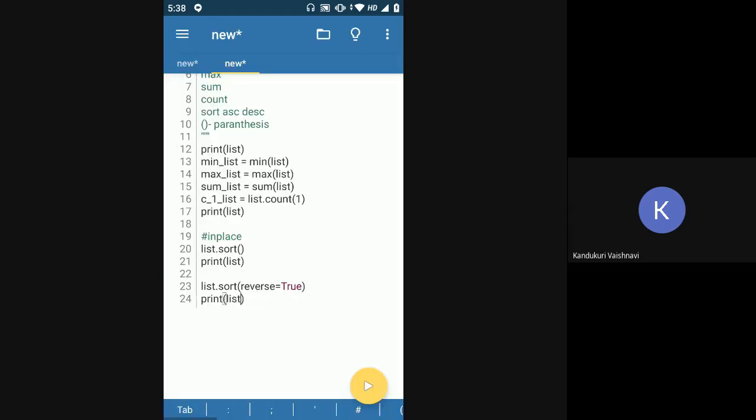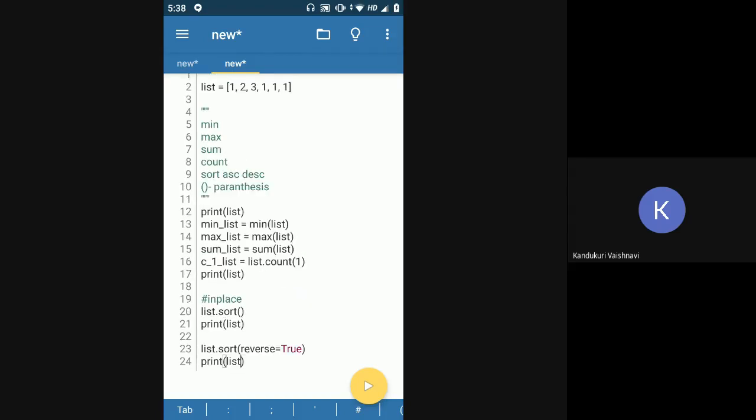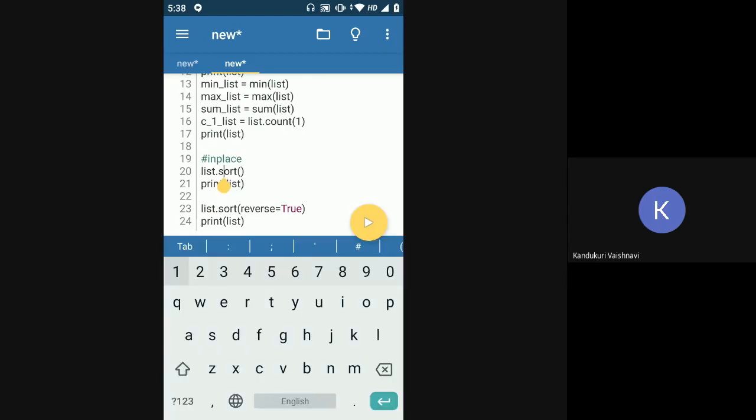So is this clear? Are these functions clear? Can you explain list.sort with reverse is equal to true? Okay, did you understand list.sort, this one? Yeah, ma'am. Okay, so what will this do?